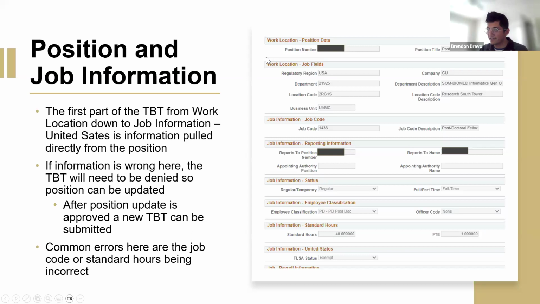The first part of the TBT, from work location down to job information, is information that's pulled directly from the position. All the stuff we just talked about in the position updates is everything that's here. As you can see, we have our position number, the department ID, our job code, standard hours, FLSA status. If the information is wrong anywhere in any of these regions, we're going to deny the TBT because we can't actually edit anything in these fields. You'd have to do a position update, and once the position update is approved, then you can submit a new TBT. The common errors we usually see are that the job code's incorrect or the standard hours are wrong, and we're usually able to tell because we match it to the letter of